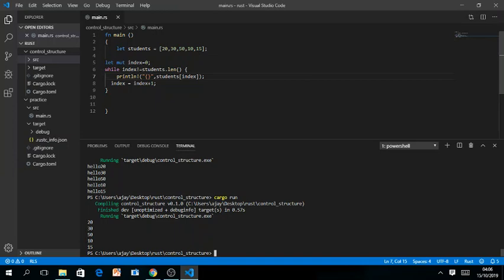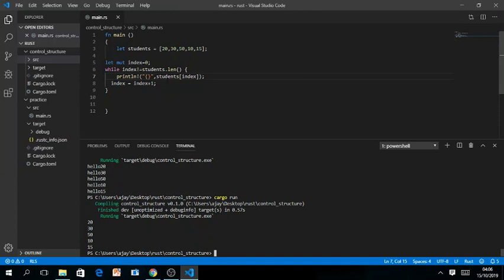Then we have assigned a mutable variable as index, a value of 0. Okay, and then we have set a condition. The condition is, well, index, that is 0, is not equal to student dot length function. Now this student dot len function is written as the length of the function, that is right now 5. So 1, 2, 3, 4, 5. So this function student dot length will return us 5. Okay, so here 0 is not equal to 5, then print student, and then we are giving index in